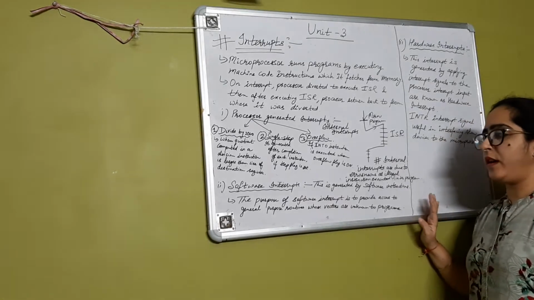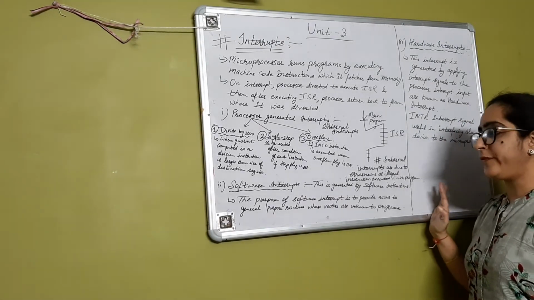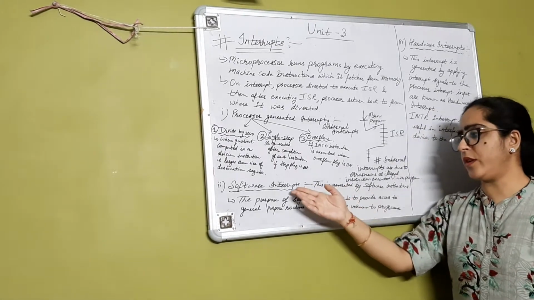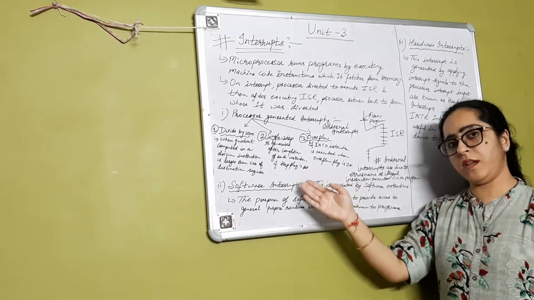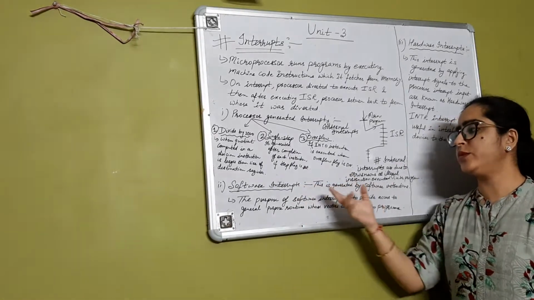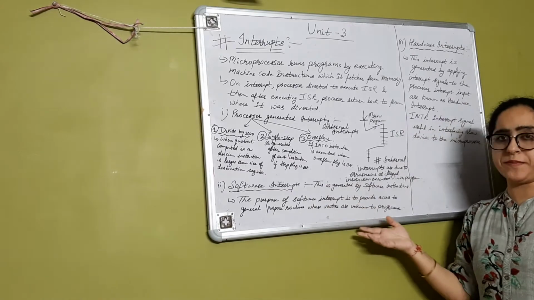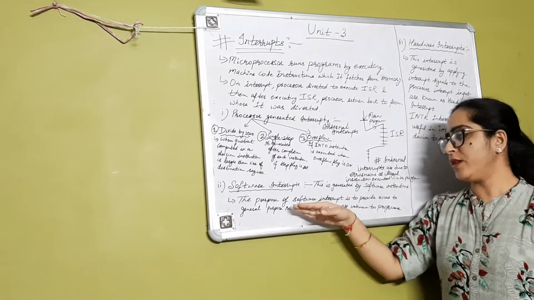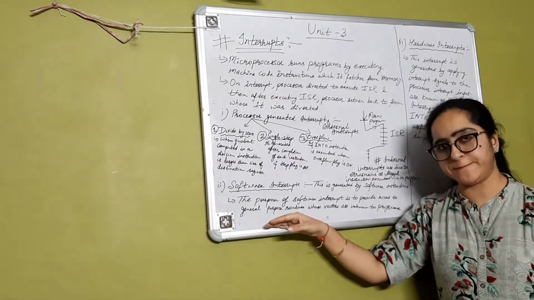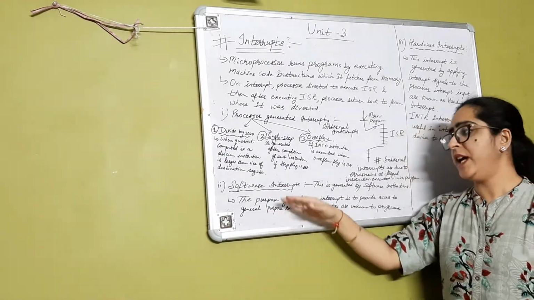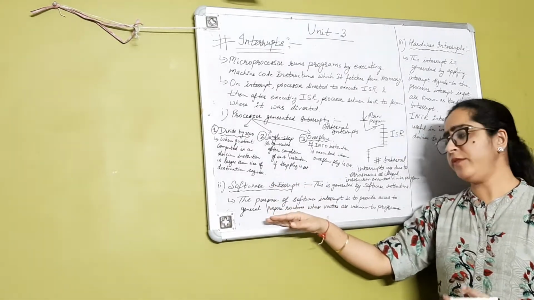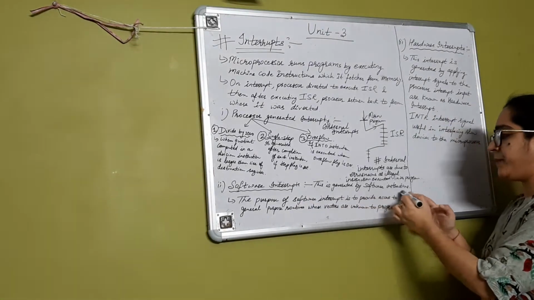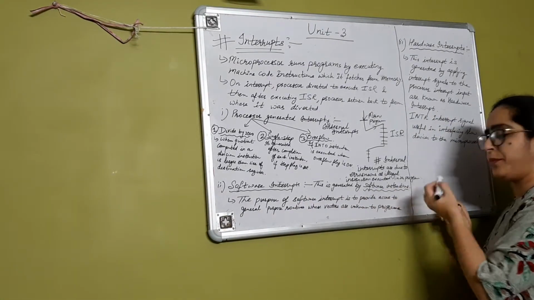Now next is the software interrupt. What is a software interrupt? A software interrupt is due to the program, due to the software used in the laptop or computer, and due to that software those interrupts occur. So these are the interrupts which are developed by the programmer itself, because the programmer is doing the coding for that. It is generated by software instructions, so it is done by the programmer.